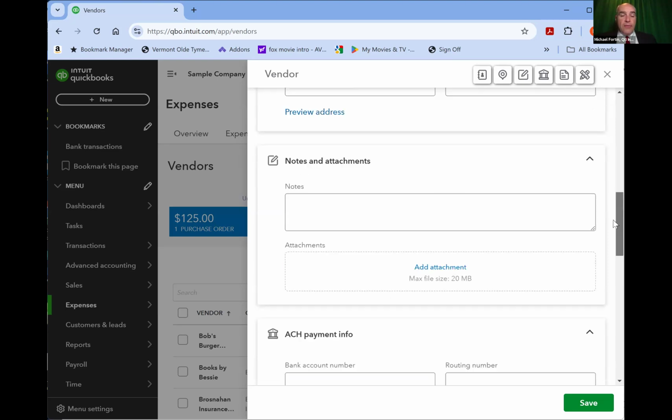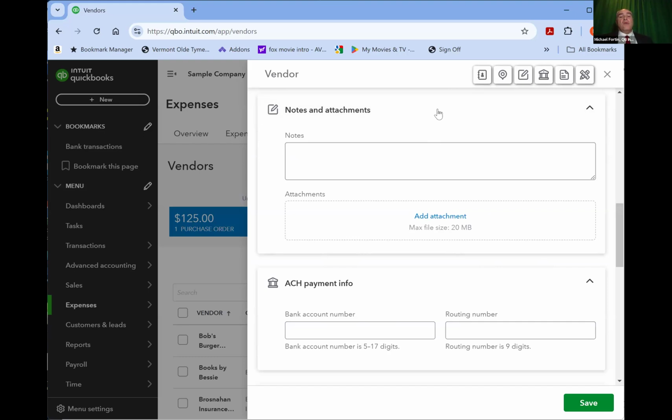I have an area for notes and attachments, which is cool if you have a contract with that vendor, or a business card, or any sort of documentation or information that you'd like to capture. You can record it as part of the vendor record. You can attach a file up to 20 megs in size.